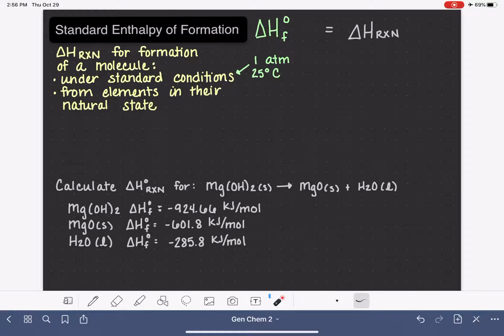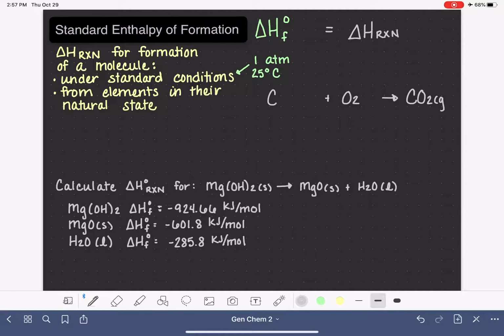The second criterion that we have to meet is that the reaction needs to describe the formation of a molecule from the elements in their natural state. So it can't just be any chemical reaction at all. It has to be a chemical reaction that describes the formation of a molecule from its elements in their natural state. For example, if we wanted to write the standard enthalpy of formation for the formation of carbon dioxide, CO2,